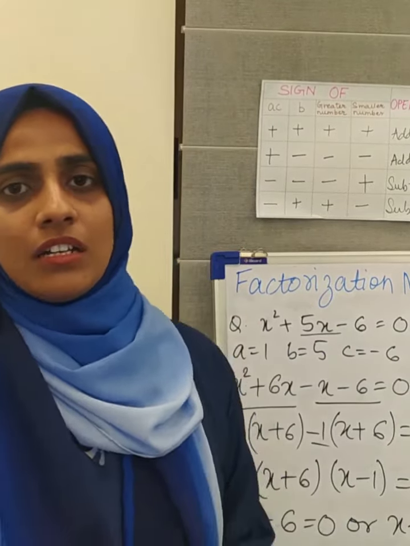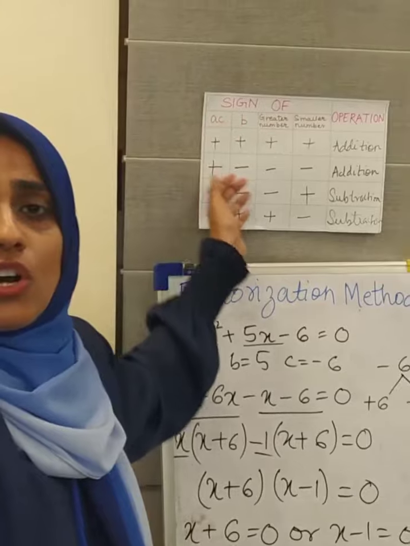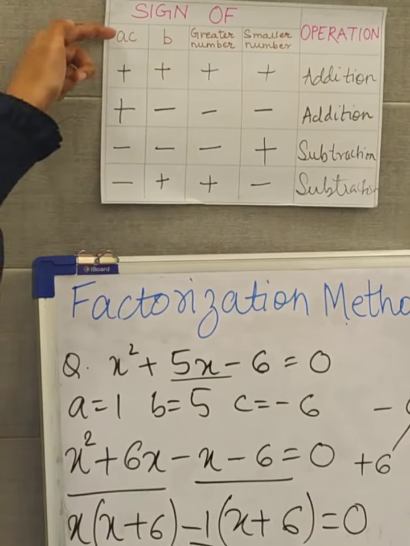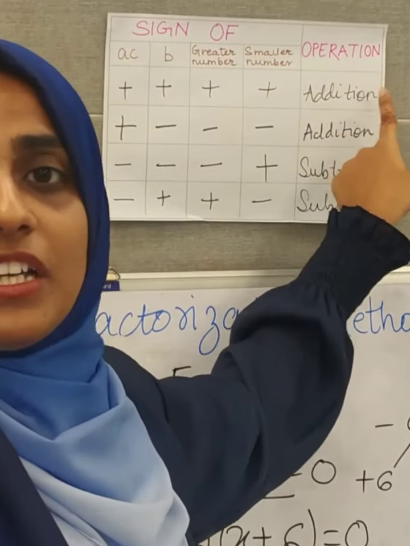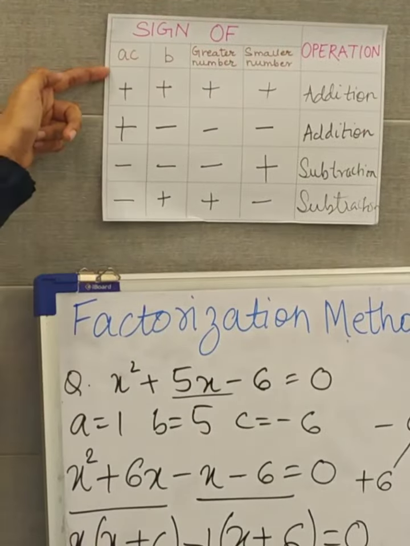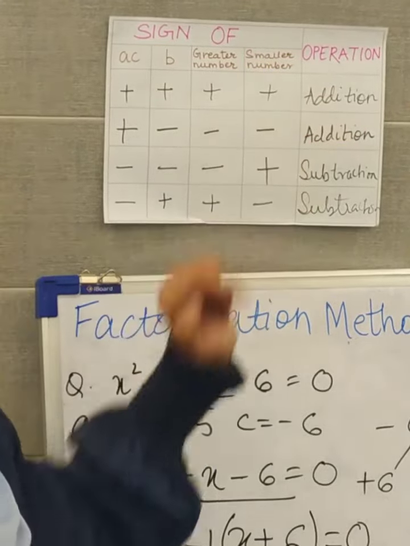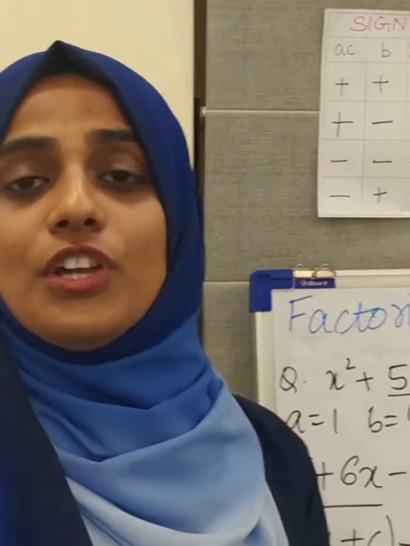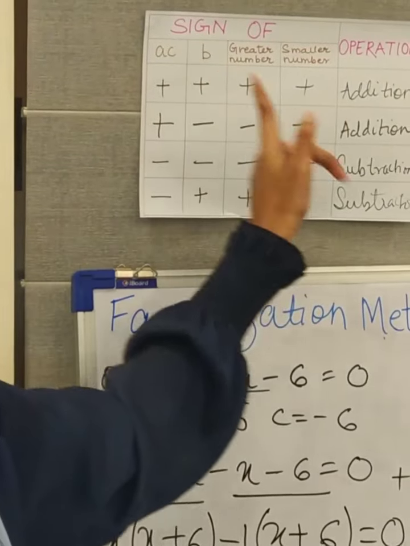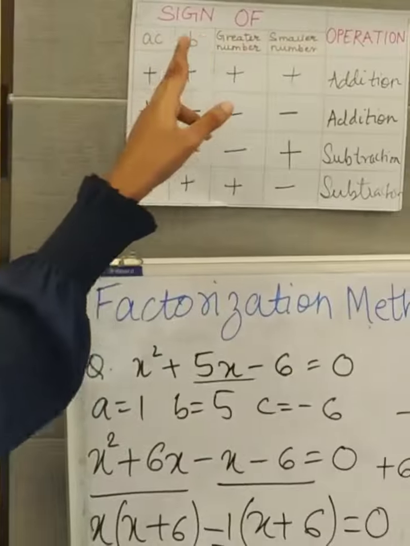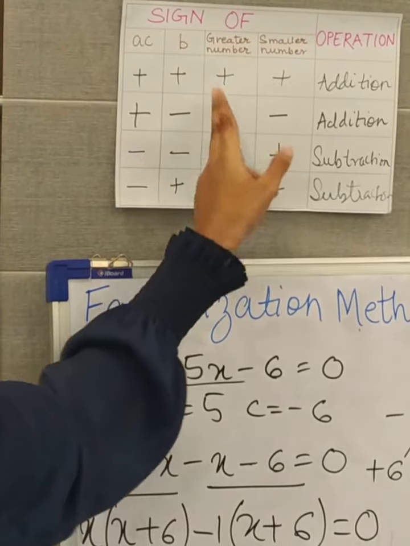We have seen through the 4 equations, this thing which will help you solve all the sums of factorization. So remember, if the product is positive, the operation used will be addition. If the product is positive, the operation used is plus. While the sign of the middle term, that is B, decides the sign of the factors. If the sign of B is plus, both the factors will have a plus sign. And if the sign of B is minus, both the factors will have a negative sign.